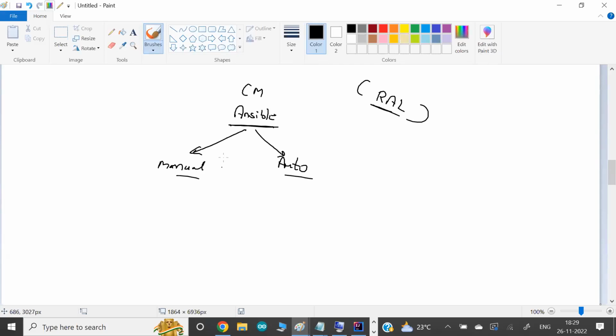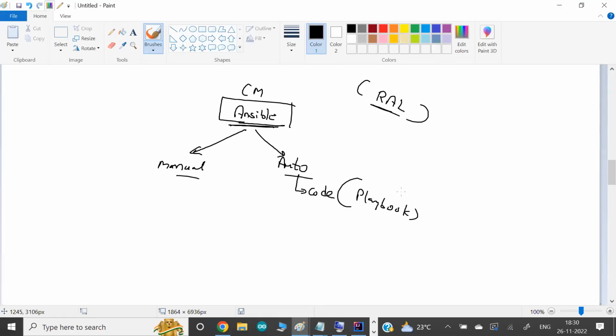If you want me to create a file or install software, either you can go for automation, where you write code in a file called a playbook, or a program file.